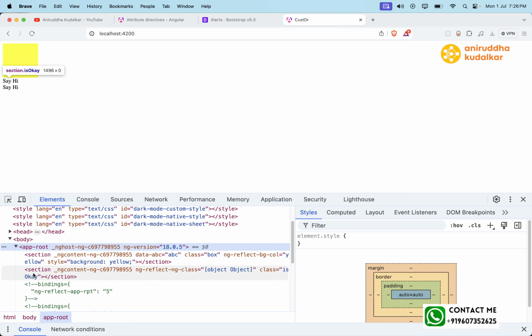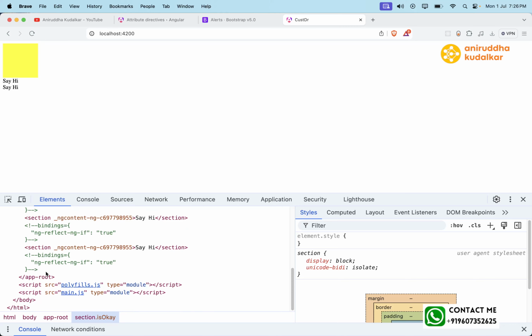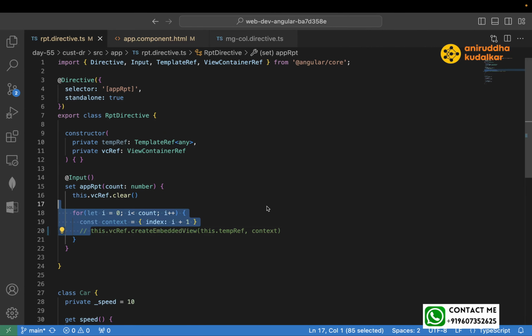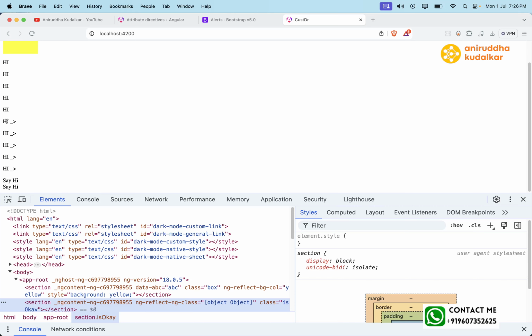That is nothing but what the embedded view is. Now I have commented this, that's why it is not getting created. So just uncomment this, and you see the many times hi and this hi is getting printed,